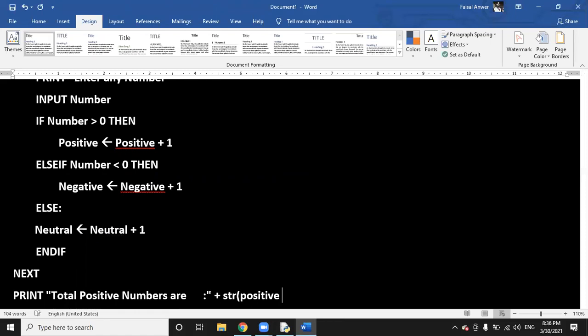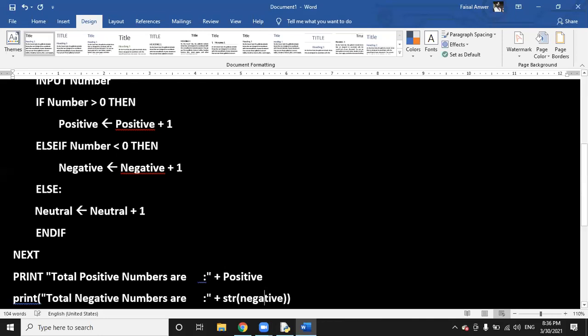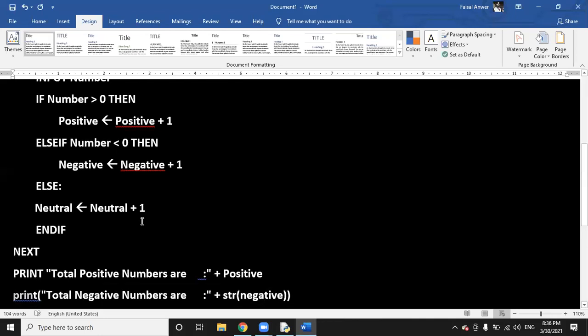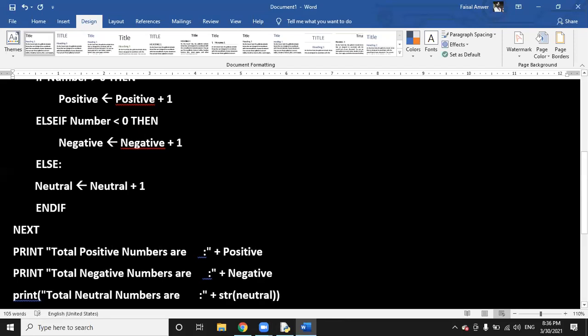Plus positive, then print negative, and then in the last print neutral.